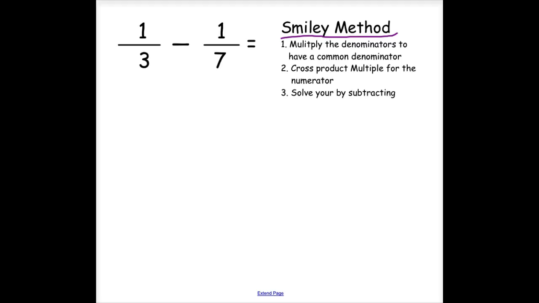We have to have a common denominator, and in class today we used a method that we made up a name for called the Smiley method. So we'll use the Smiley method for this one, which is I'm going to circle my denominators, and then I am going to make my little smiley and multiply 3 times 7. And my new denominator is going to be 21. So I'm going to have 21 as a denominator minus